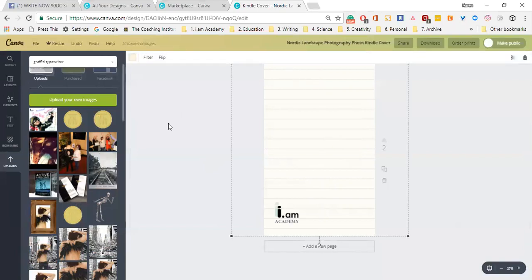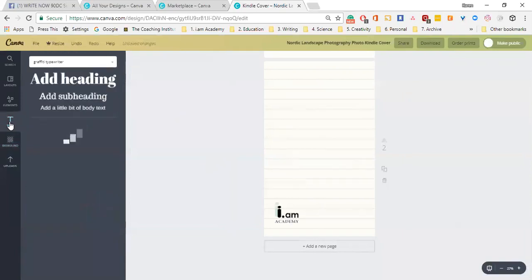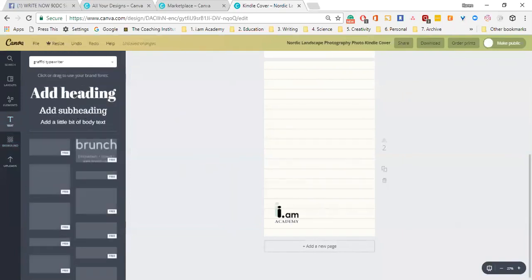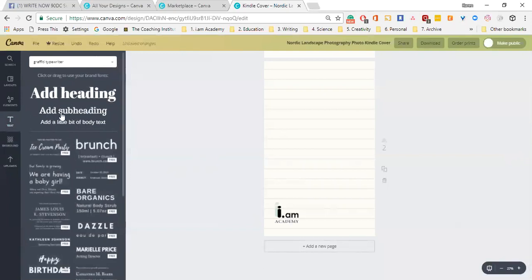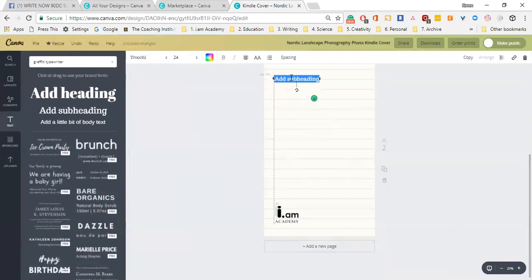Now, if we want to put some text in there, so we want to put our blurb in there, hit this button here, which is text, and then you can simply hit add subheading, move it to wherever you want it to be, and then rock forth. So blah blah blah blah. And then you can move it around, do whatever you want, change your font,